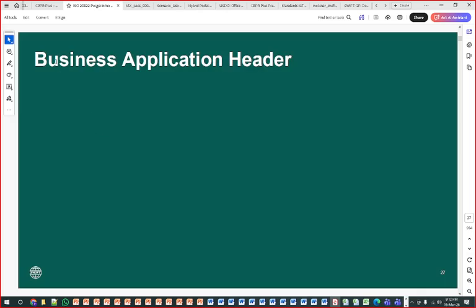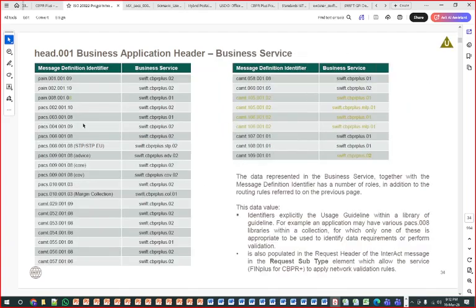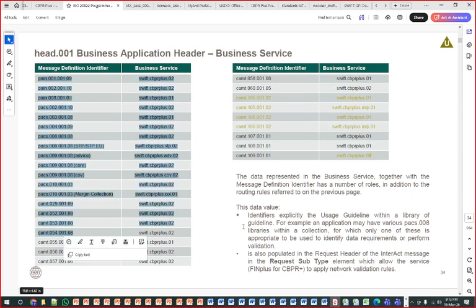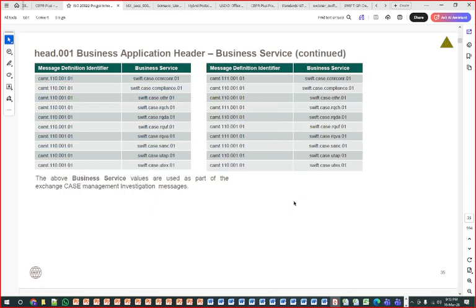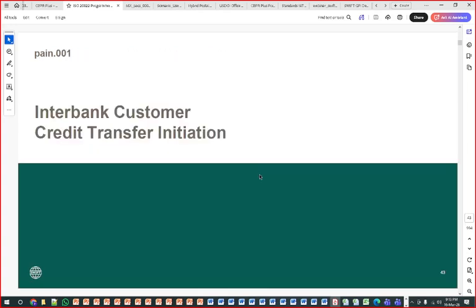This, for example, is the business application header, which is the payment header, and inside this one header there is a concept of a call, with different messages. We require almost 20 hours to learn these ISO 20022 messages. For example, this is the interbank payment initiation message by customer, and this is how it looks.